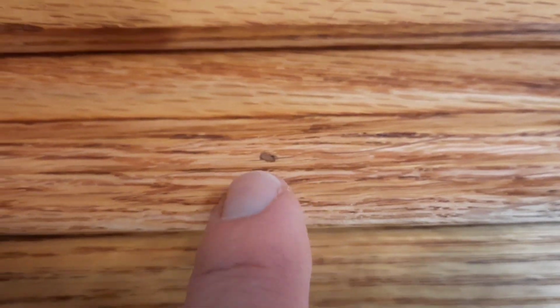Full disclosure, a couple of things I would have done differently. If you look right here, there was a little bit of discoloration from an area that I tried to fill from one of the brads. I probably would not fill that because you can see here there's another brad that was not filled and doesn't really look too bad. And then unfortunately, see if you can tell here in the light